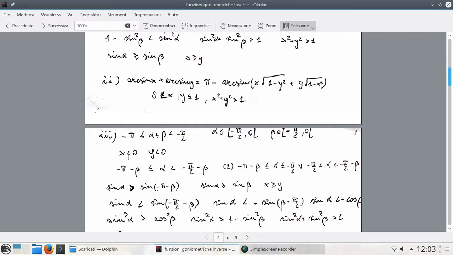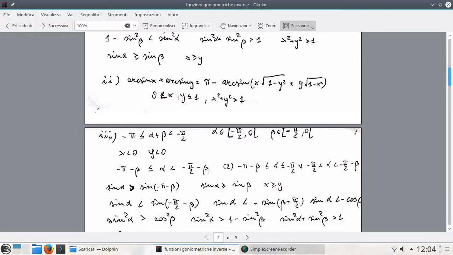Of course, x and y are both negative. From this inequality we have minus pi minus beta not greater than alpha less than minus 1/2 of pi minus beta, which becomes